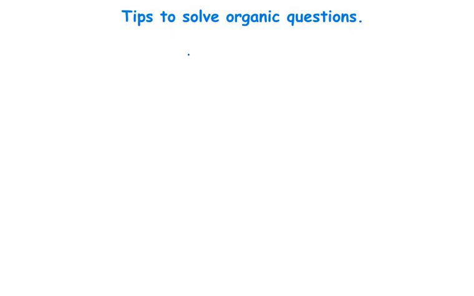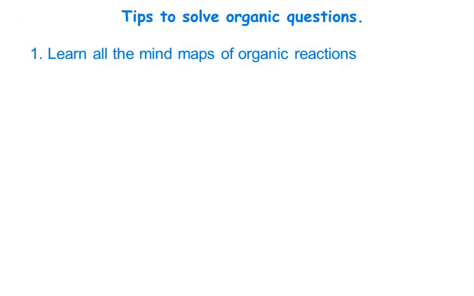In this whole video, you have seen a variety of questions, including infrared spectroscopy also. So let's conclude this video with some important tips to solve organic questions. The first one I would suggest is to learn all the mind maps of the organic reactions of AS level, of all the chapters: alcohols, carbonyl groups, halogenoalkanes and carboxylic acids, and carbonyl groups means aldehydes and ketones also. If you don't have them, don't worry, just go to the link in the description and you will be able to find it free of charge.